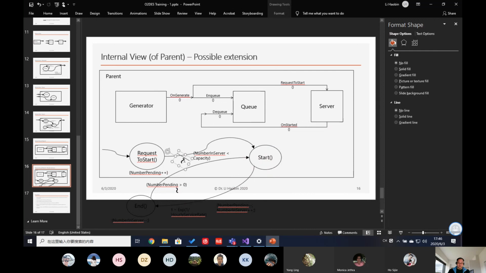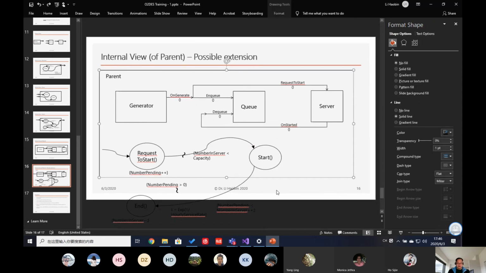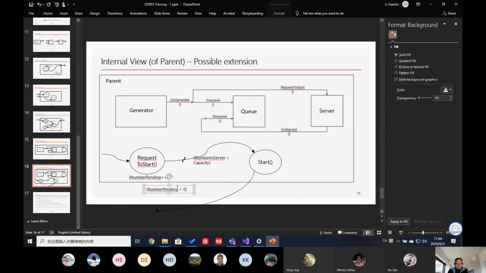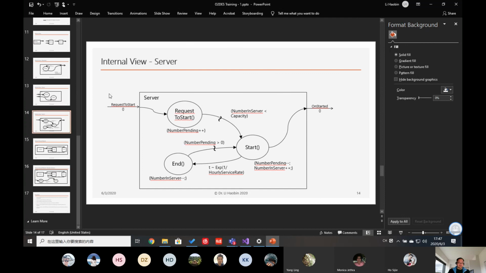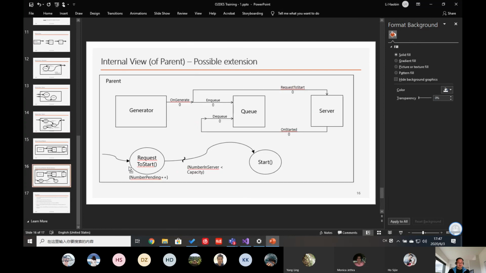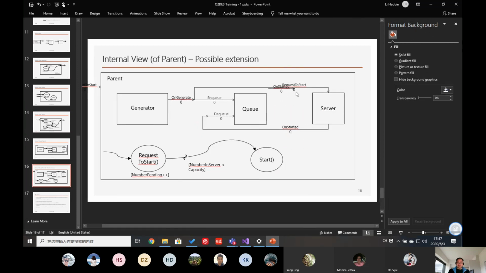And it also has input and output events for this parent, because eventually this parent might not be the root, but it can also be used under another module. So if that is the case,